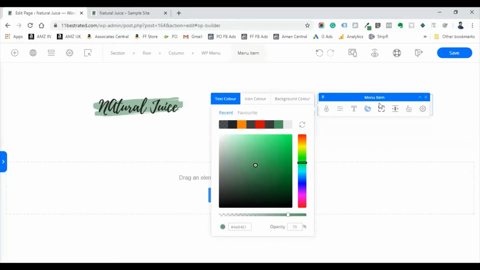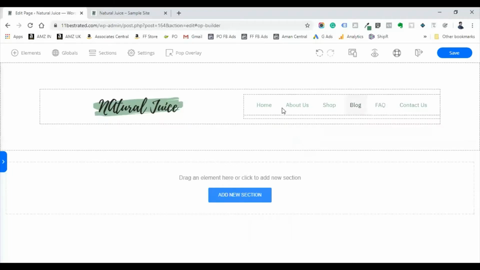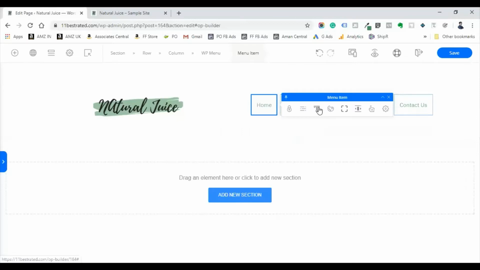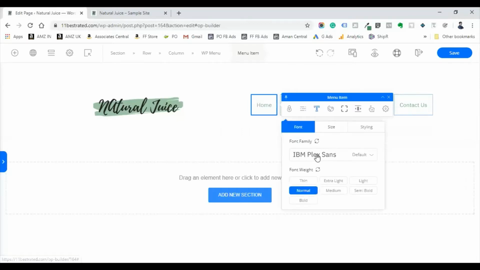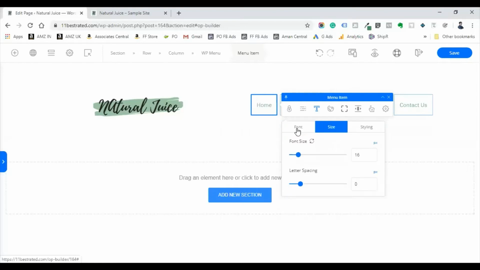Once you enter it, all the colors will change. If you want to change the font, again click there. You will find that same small toolbar will appear. From there, you can change the text, the font, the font size, however you want.